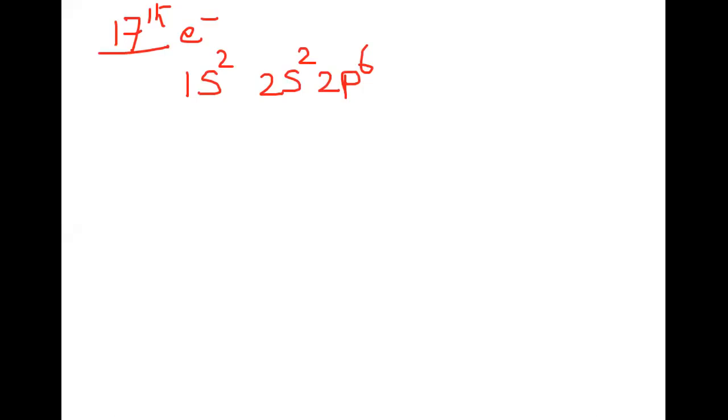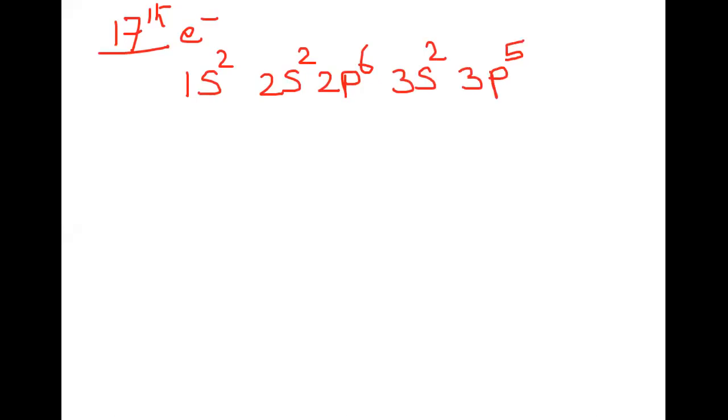Okay, so we are talking about electrons which are entering. Let us talk about the 17th electron in an atom. I'm not saying it is the outermost, and I'm not saying it is the innermost. I'm just talking about a 17th electron in an atom. So for the 17th electron, the electronic configuration will go like 1s2, 2s2, 2p6, then 3s2, and 3p5.